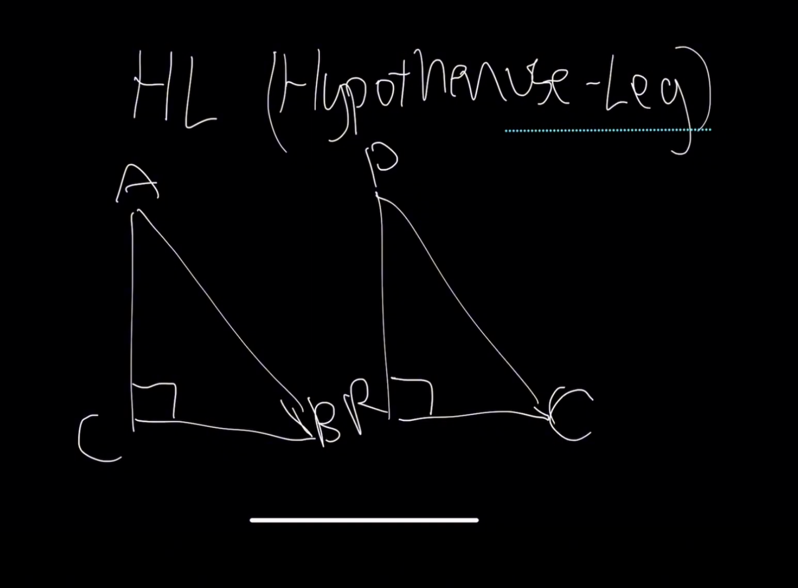In these two triangles, AB and PQ are the hypotenuse. If triangle ABC and triangle PQR are right triangles with AB congruent to PQ, the hypotenuse, and any one leg, side AC, congruent to PR, then triangle ABC is